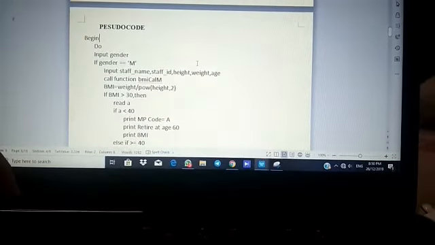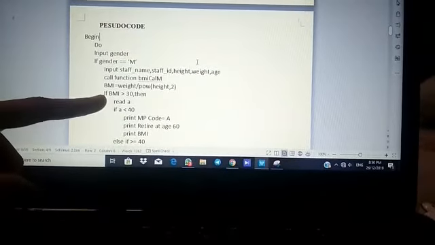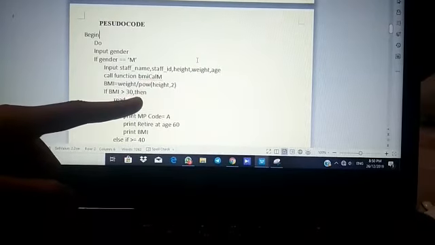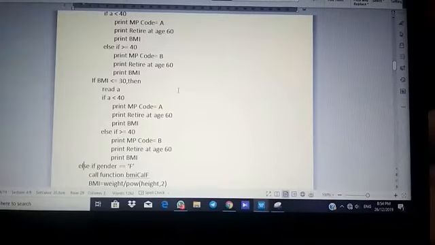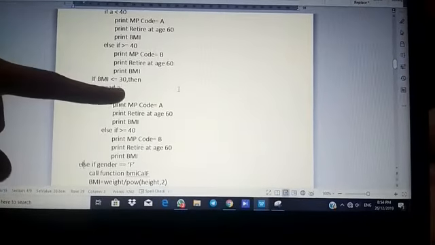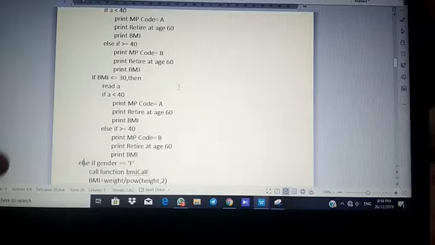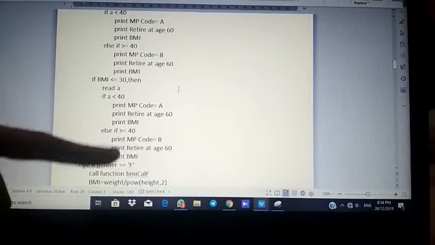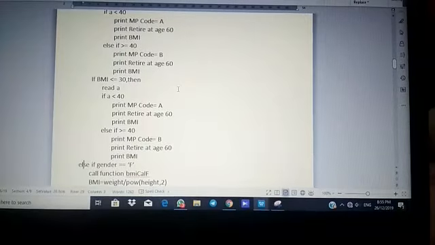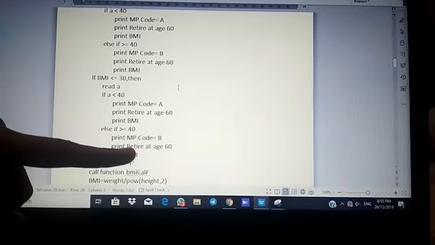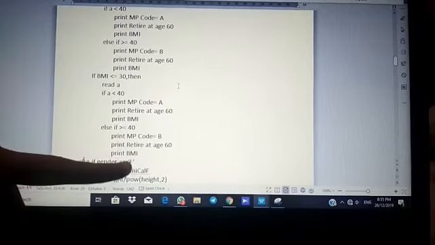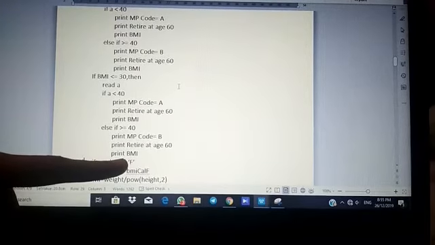Then the height and weight will determine the BMI based on the formula BMI equals weight over height power of 2. After it calculates BMI, it undergoes the if selection, which categorizes them based on their age. From there, the program will display their MP code, what age they should retire and show their calculated BMI.